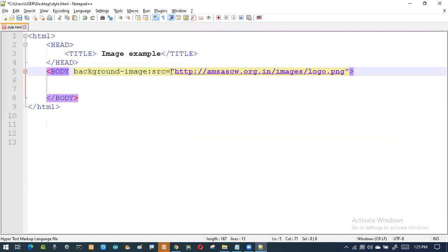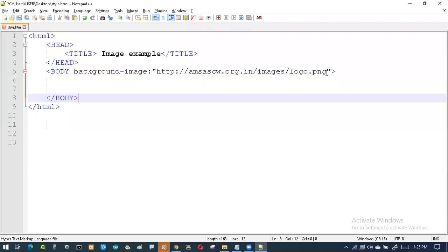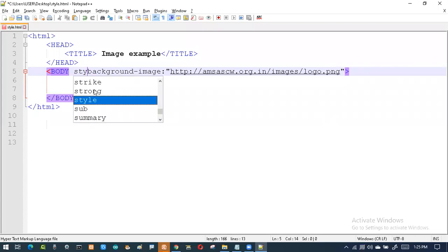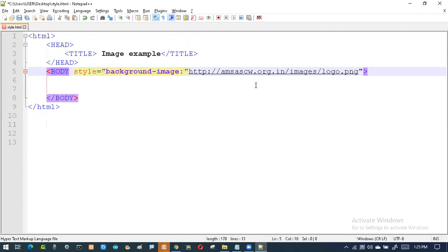So location is this one. Now we'll save this. Now I'll see the output of this.